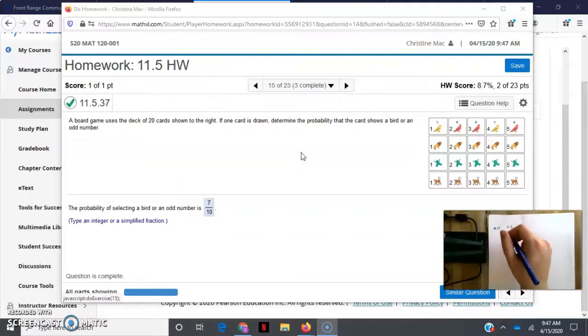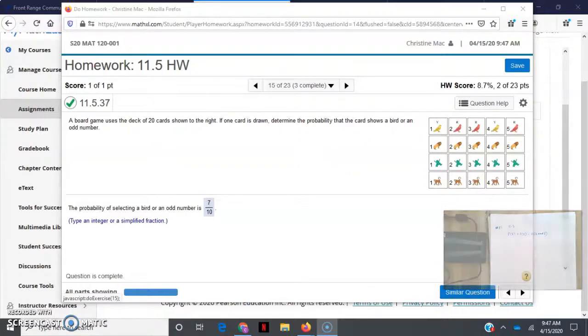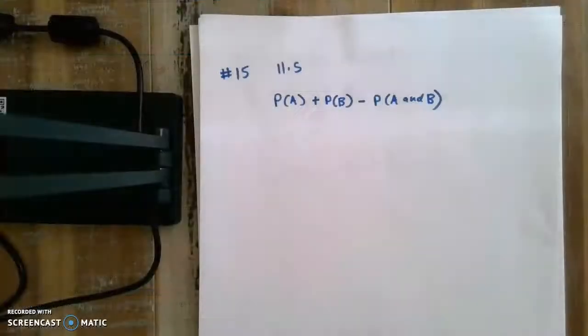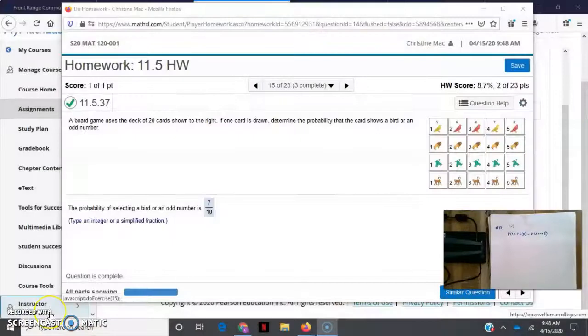So because this is an "or" situation, we're going to have the probability of A plus the probability of B minus the probability of A and B. Okay, so that's our plan here. If we go back and take a look, we want to figure out the probability